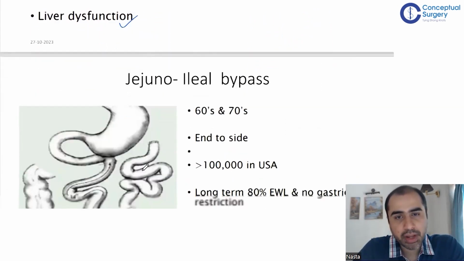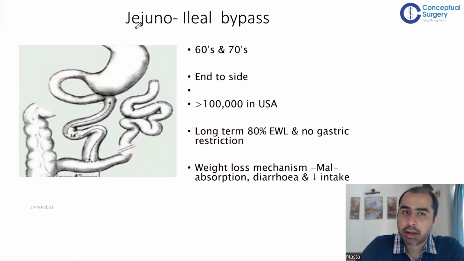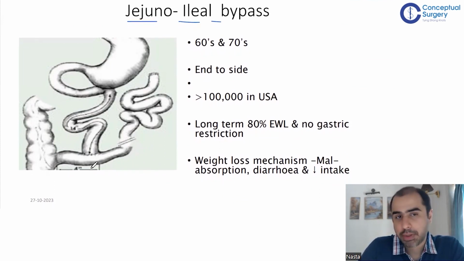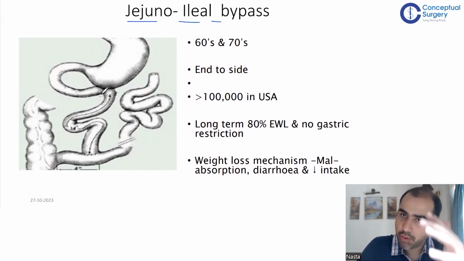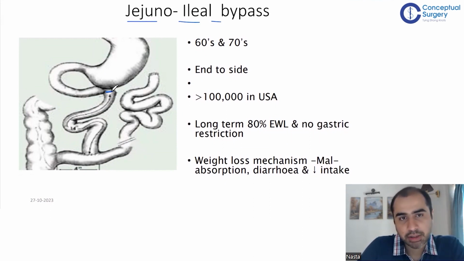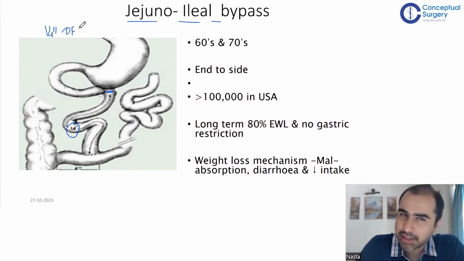So the next thing they did was called a jejuno-ileal bypass, where, as you can see, the proximal jejunum was joined to the terminal ileum. But still, this was a very powerful bypass. As you can see, what they would do is count from the DJ flexure. They would count only 14 inches. So originally, they would take 14 inches of jejunum. 14 inches, that is nothing. That is maybe 35 centimeters, a little over a foot. So 14 inches of jejunum